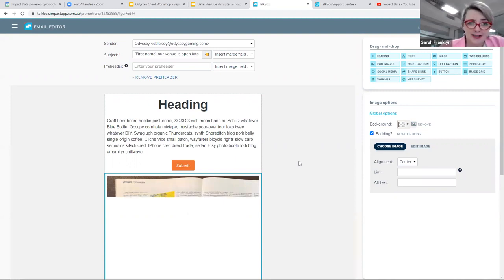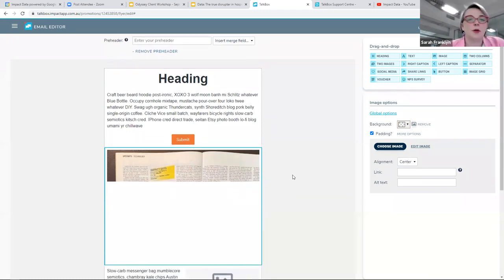Now, as you can see, this is taking a long time to load. This image is too big. So you should scale back your image, because that's not really going to open quickly. And again, you're putting another barrier between you and your recipient reading the communication. So I promise you the image is worth it.